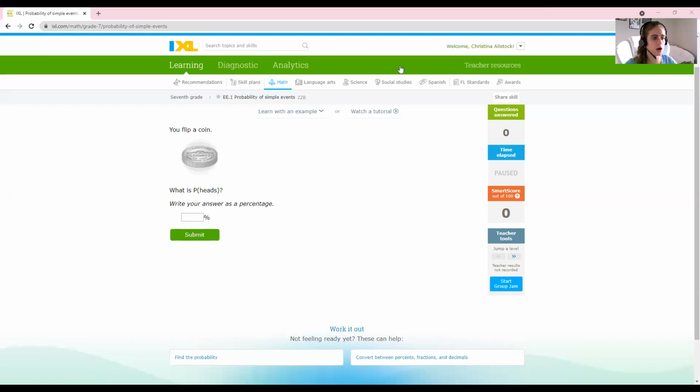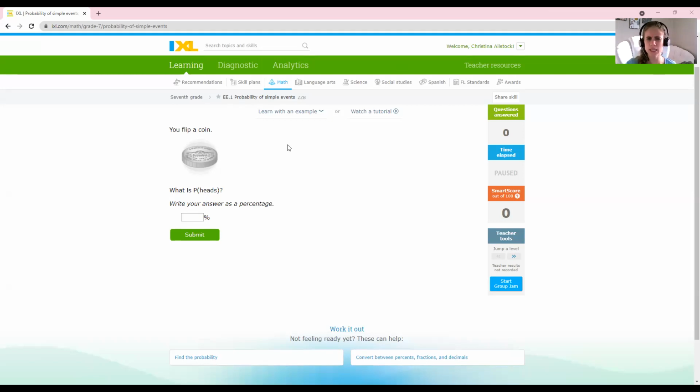All right, here we are on assignment ZZB, probability of simple events. So you flip a coin, what is the probability that it's going to be heads? Write your answer as a percentage. Since no data was given, that means we are being asked for the theoretical probability. Well, when you flip a coin, as we've been talking about, there are 2 sides, which means you have a 1/2 chance, or as a percentage,